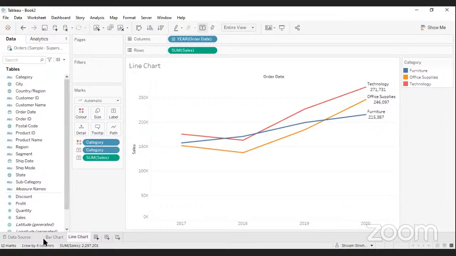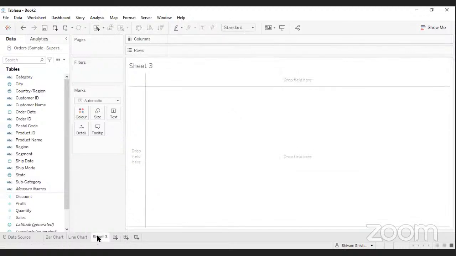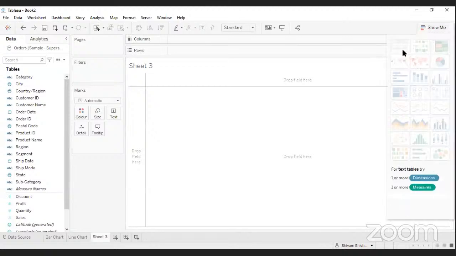So basically this is the bar chart which we created. This is the line chart. Now we will move on to the text tables. So text table is basically this one. This is the text table. For a text table, it requires one dimension and one measure. So like as I just want